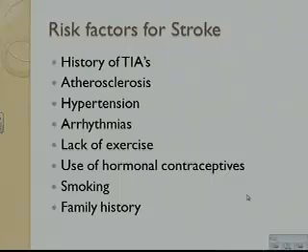I cannot control my age. That's something I cannot control, and I cannot control my family history. Those are two things that as people increase in age, so does their increased risk factor for stroke. So I would add that to my list as well. But those two things I have no control over. My family history I do not.